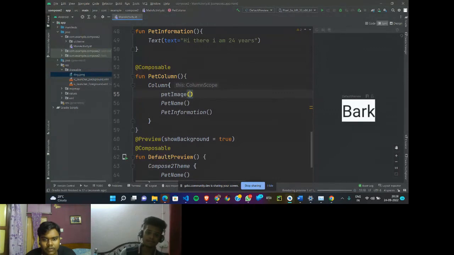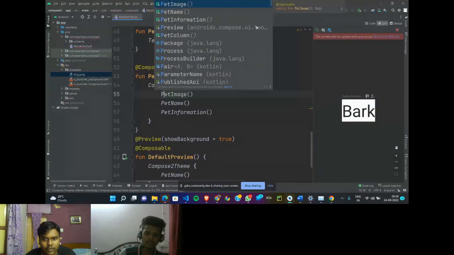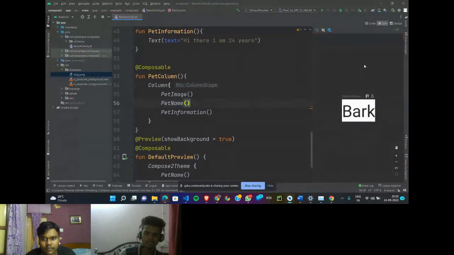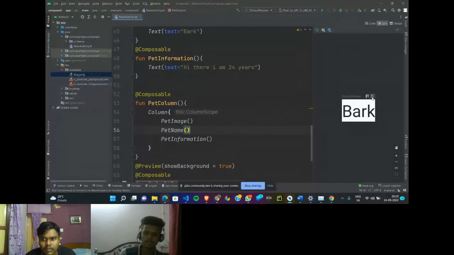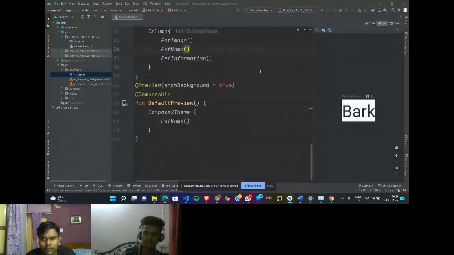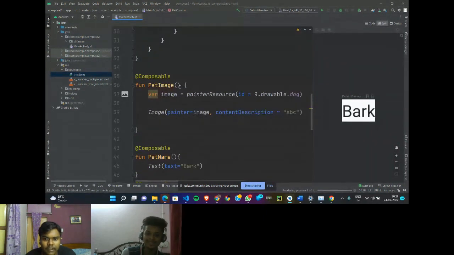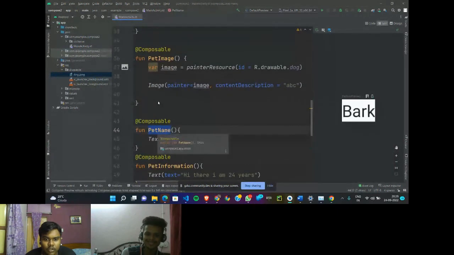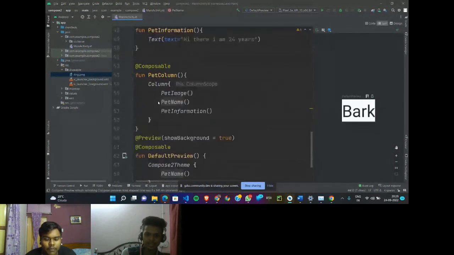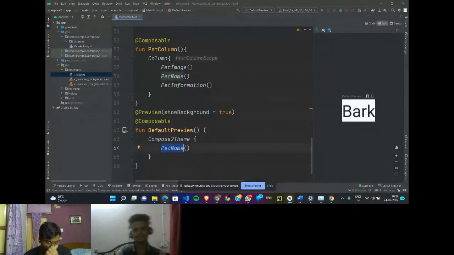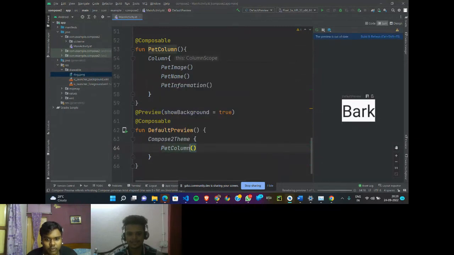ক্যাপিটাল পি ছিল আই গেস। কম্পোজার ফাংশন ক্যাপিটাল পি দিয়ে শুরু হবে। হুম, পেন্টিং, ঠিক আছে। হ্যাঁ এবার রান কর। দেখ, ওই যে ওইটা। নিচে তুই পেট নেম লিখে রেখেছিস, ঠিক করে দেখ। তাই হচ্ছে না। আরো নিচে যা। পেট কলাম কল করবি তো। হ্যাঁ, সরি সরি। পেট কলামটা কল করতে হবে, তাহলেই তোর আদার ফাংশনগুলো ইম্পোর্ট করবে।